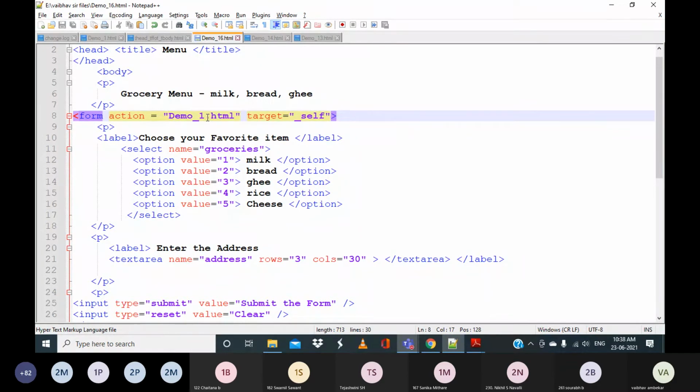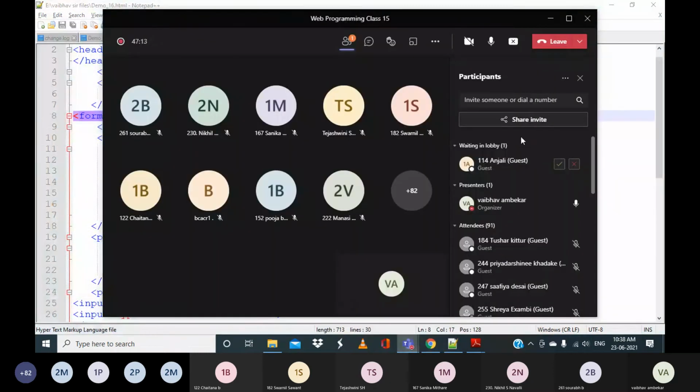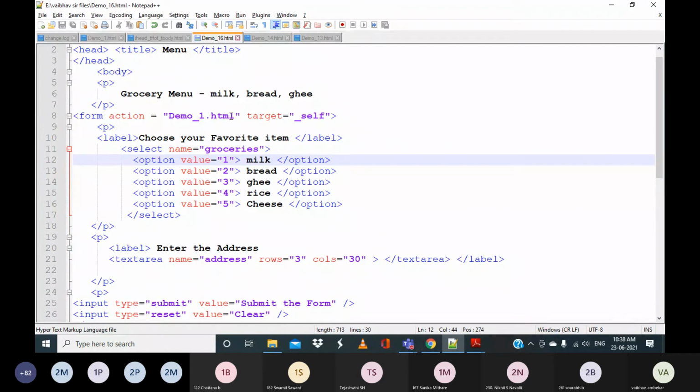This is how the form works in reality. For example, from one page to another page, like www.gcc.org.in, if you give that, it will go to that particular page. In our case, we are taking simple HTML files. That's it.